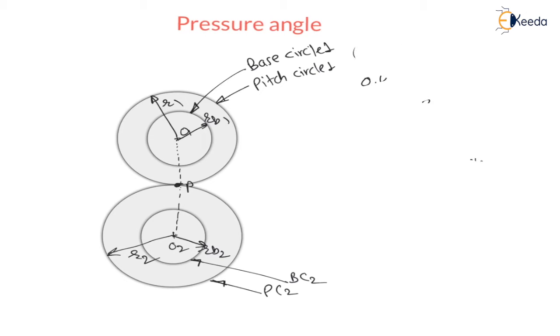Now if I draw here at common contacting point, that is called pitch point, at this point if I draw common tangent, the common tangent will be like this. At pitch point the common tangent will go like this. This is called common tangent, right? And the gears are cut on the base circle. The involute profiles are cut on the base circles.